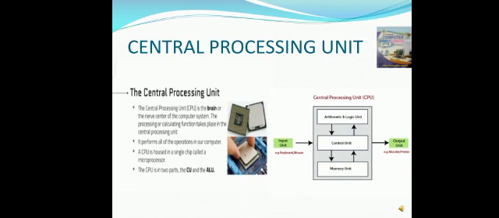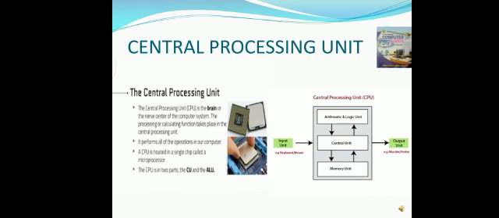The CPU is the nerve center of the computer system. It is also called the brain of the system. It consists of two parts, CU and ALU. It performs all the operations in our computer. It is housed in a single chip. Here you see the diagram connecting the input unit and output unit.